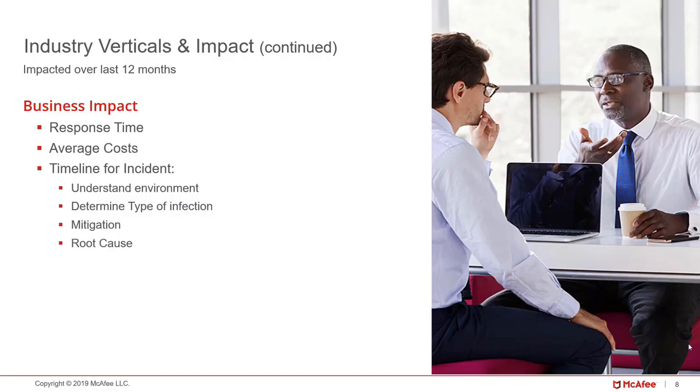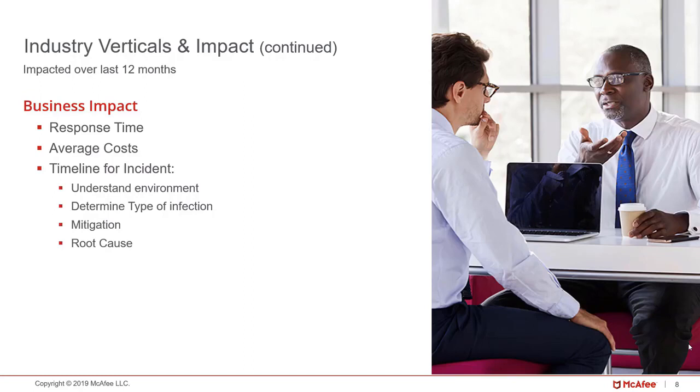So costs can go up, and costs are not just tools and resources, but if you don't have those resources prepared in a proactive manner, it's going to delay the overall timeline